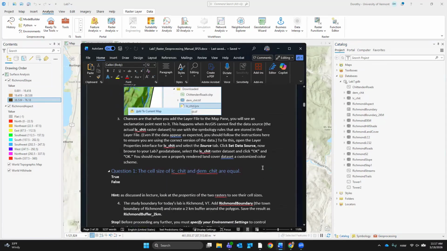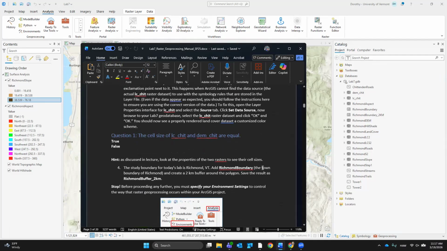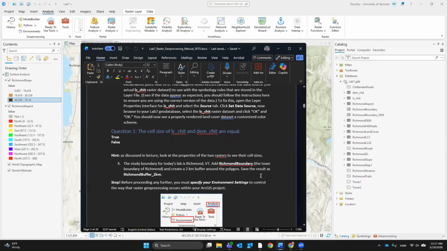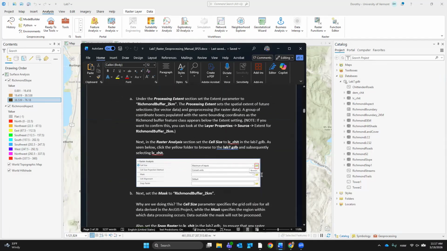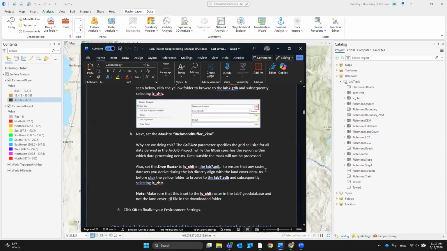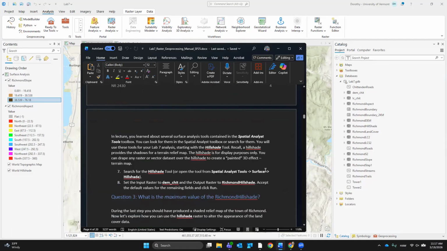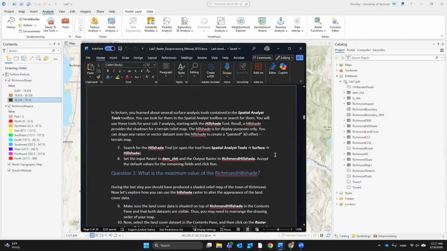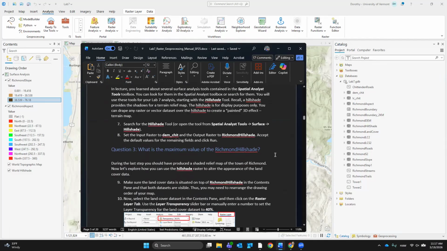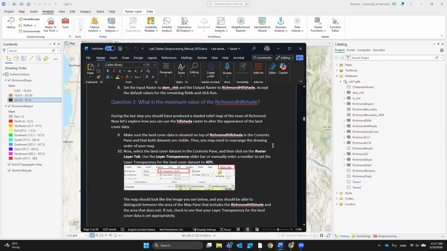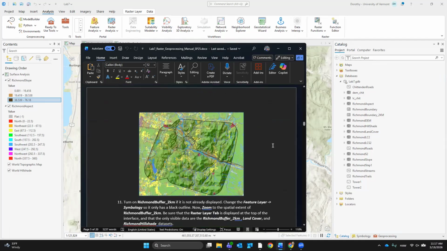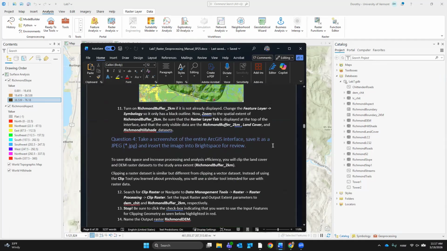Okay, so we did DEM. So this is basically land cover and digital elevation. How did I figure out my slope? I used a tool up here. Let's see, which tool was it? So Hillshade, surface Hillshade. Okay, I used the digital elevation model. I had a buffer.